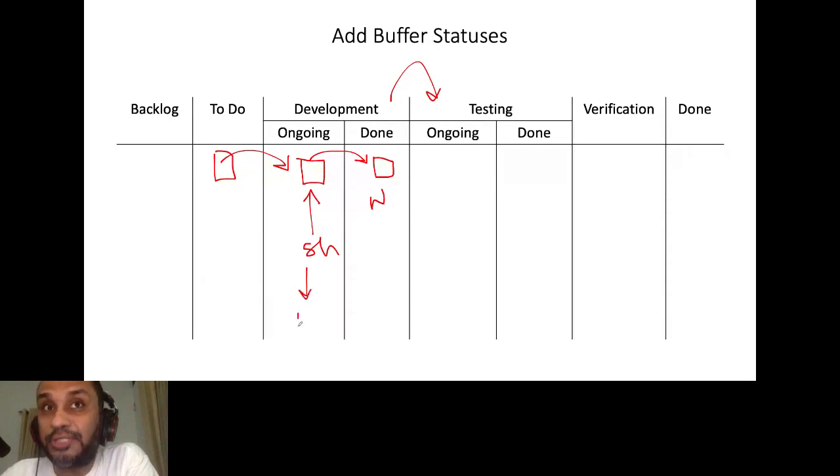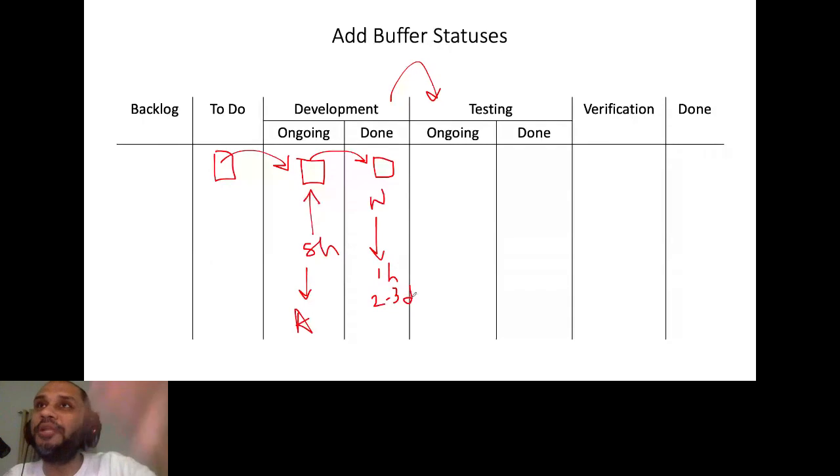So what is happening? We are actually having a waiting state. This is an active state. This is a waiting state. The ticket is waiting until testing picks it up. Now, sometimes this waiting might be just for 1 hour. There might be instances where some tickets end up waiting for even 2-3 days. I'm sure you all have seen this happening in your development environments also. Some tickets are waiting in a particular state for a long period of time.